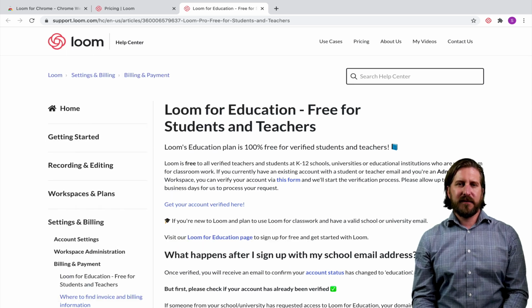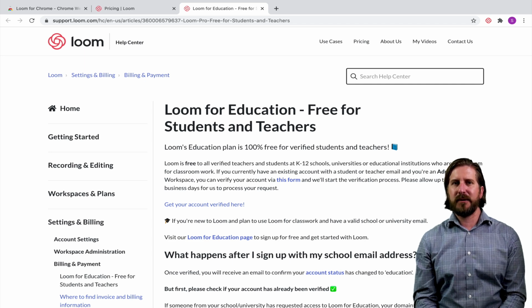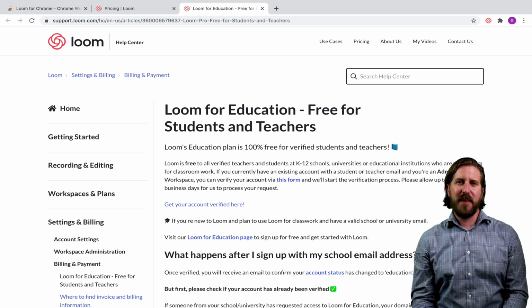I hope you found this list of Chrome extensions for students helpful. I know that there are some barriers for getting Chrome extensions installed on student browsers, but I also think there's a strong case that you can make for why these extensions help make learning more accessible for students. If you have any questions about the extensions that I showed or suggestions about other Chrome extensions that you think would benefit students, please share those in the comments below.